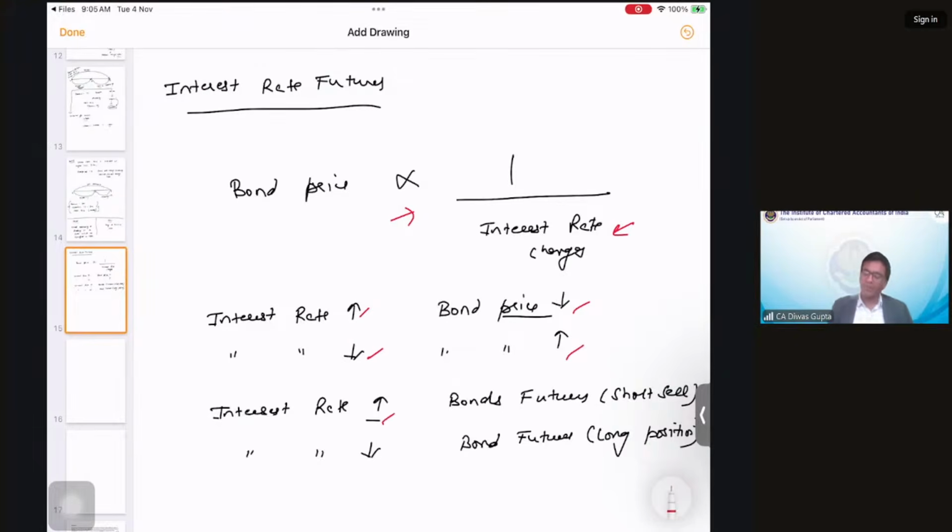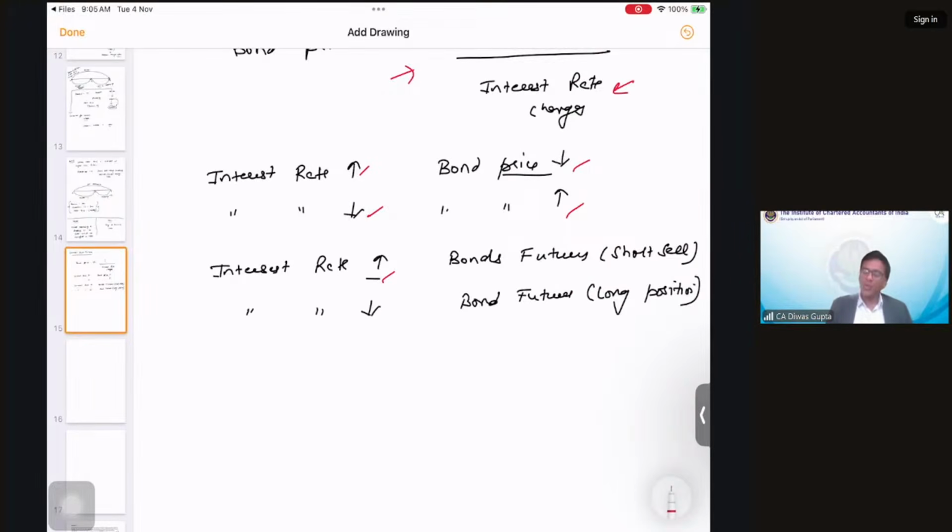If the interest rate goes up, then you should do the short selling of bond futures. If you want to gain while the interest rate goes up, then you should short sell the bond futures, so that when the interest rate goes up, bond futures will go down, and you will gain. If you expect that the interest rate will go down, that means you will have to take a long position in bond futures, so that if interest rate goes down, the bond prices go up, and you will end up gaining